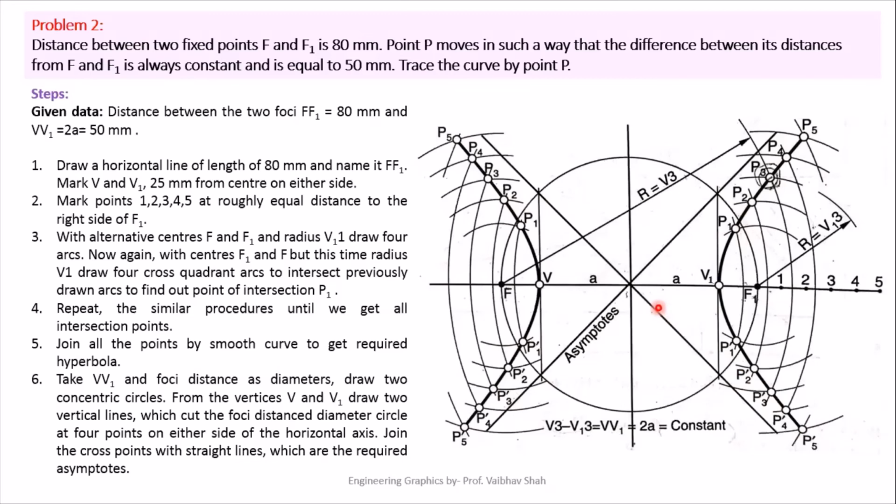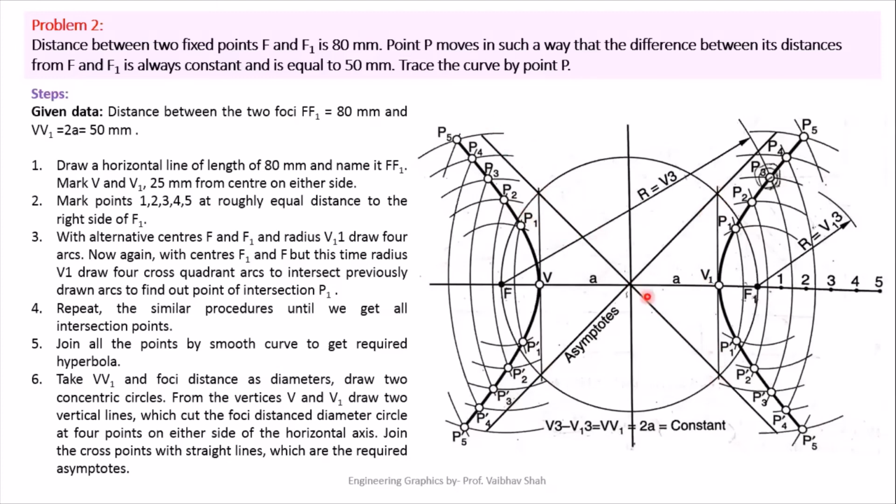Now let us understand the procedure to draw the asymptote in this case. What we have to do is take the center and half the focal length, meaning the center to F distance on your rounder, and draw one circle. Obviously, our circle will pass through your F and F1 points. After getting this circle, you have to draw two lines from your vertex point B and vertex point B1. These lines will cut the circle somewhere here and somewhere down here. Now after that, we have to connect these cross points.